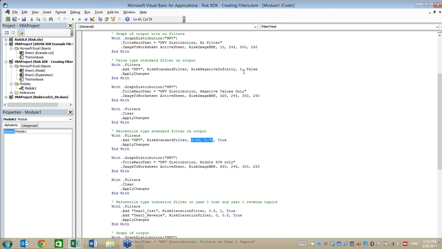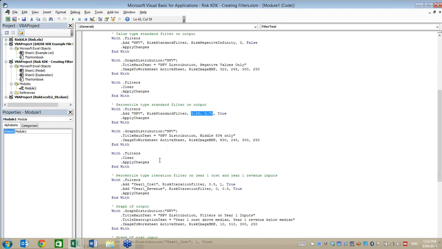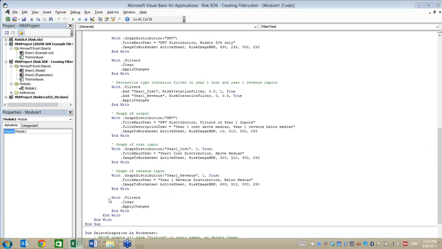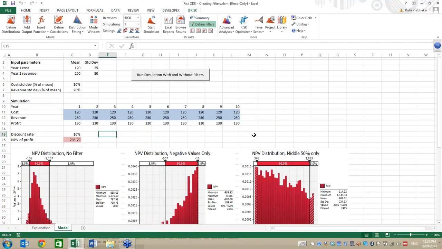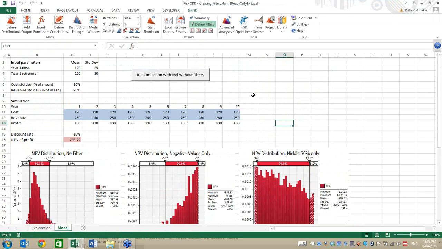So from as low as you want up to the number 0. That's obviously this chart, and then apply that filter and so on. So clear the filter, make that change, and then put a new filter on and create a new chart. So I could do this once in VBA for Excel code, and then every time I go to run my simulation, I get all 6 of these charts. Or I would have to go in 6 times